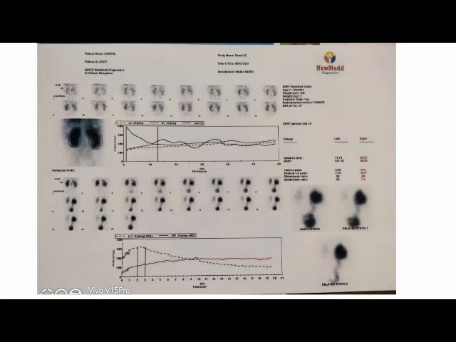So if there is some minimal hold up of the dye in the VUJ part, and if the child is having a borderline obstruction, this is very important, because unless you negate that bladder activity part, it will come as a borderline obstruction, and if you don't empty the bladder, it will give you a wrong impression that there is more obstruction, and this in turn will lead you to take the child for a particular intervention rather than waiting for some more time. If you catheterize and then assess the VUJ obstruction properly, sometimes function will be much better after catheterization.